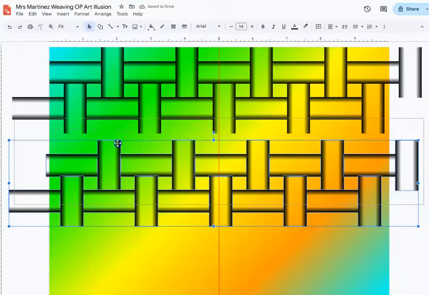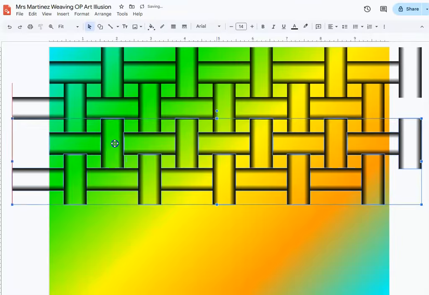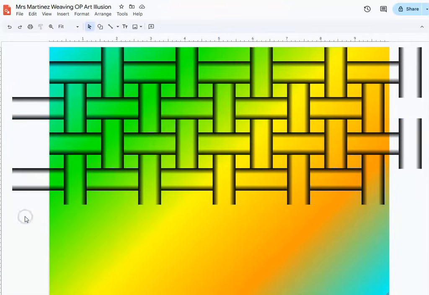And you can start to see I'm starting to create that woven pattern. It's very important that it's balanced, because if it's not balanced, it's not going to make sense. All right, so now I've started this pattern. And now let's see if I can